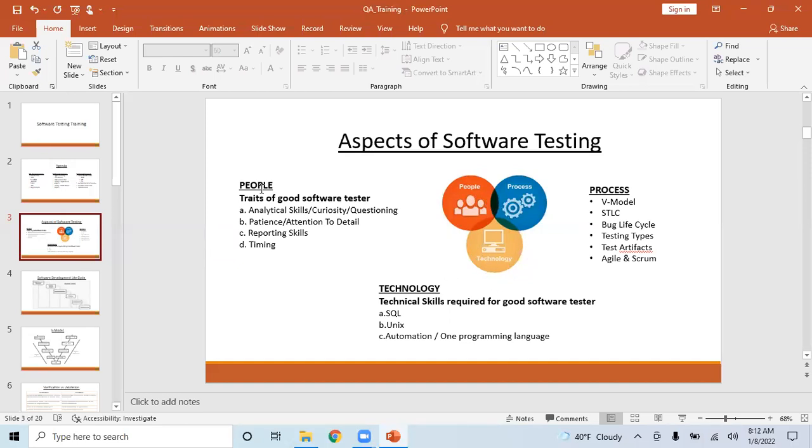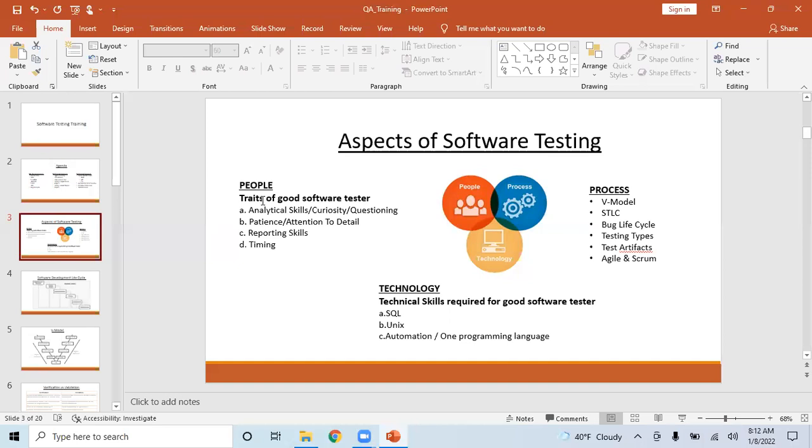When we talk about people, the traits of a good software tester: first and foremost is curiosity, the ability and desire to always learn something new, and they have to question if they don't understand something. They have to keep questioning what the requirement is about until you understand the requirements fully. That's where you have to have good analytical skills.